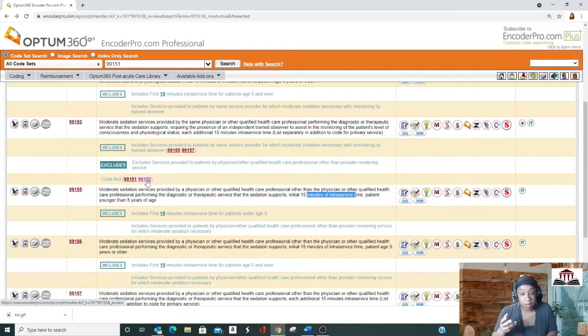Another important tip about these codes: notice that I said it's the role regarding the procedure. So whether the provider is doing the procedure and the sedation or just doing the sedation, the procedure reports, a procedure is in both of those scenarios. So these codes are only when it's related to a procedure.